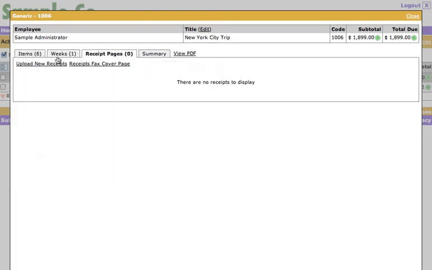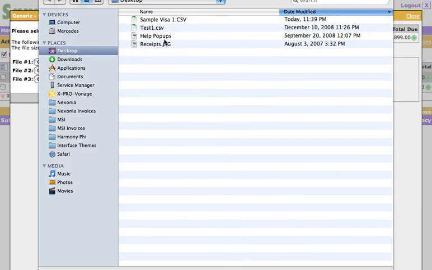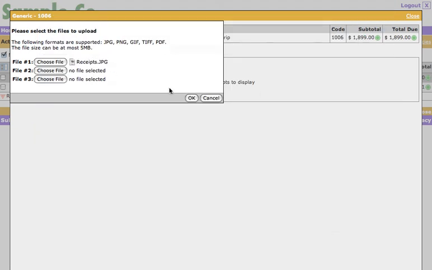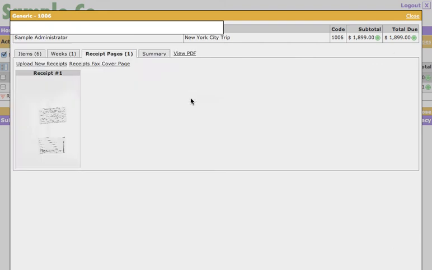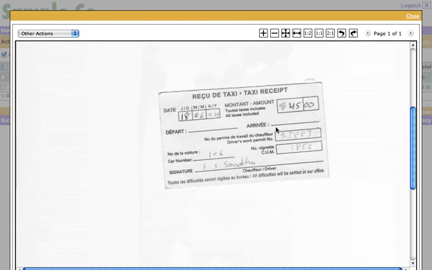Now let's do a couple extra things. Let's look at receipts. I can upload new receipts, and anything I happen to have on my hard drive, I can go ahead and choose, and we support a variety of file formats, and you can upload 3 files at a time, but as many files as you want. So you can pull up this dialog as many times as you want. When that happens, it creates a thumbnail, and you can actually zoom in on the page and see what's going on,